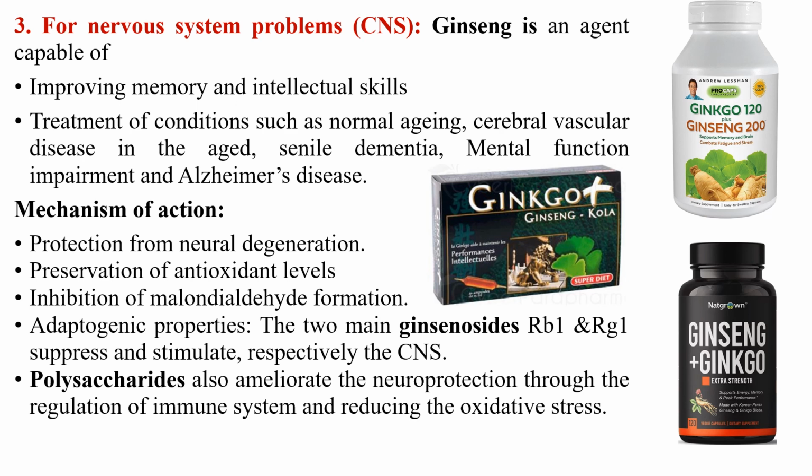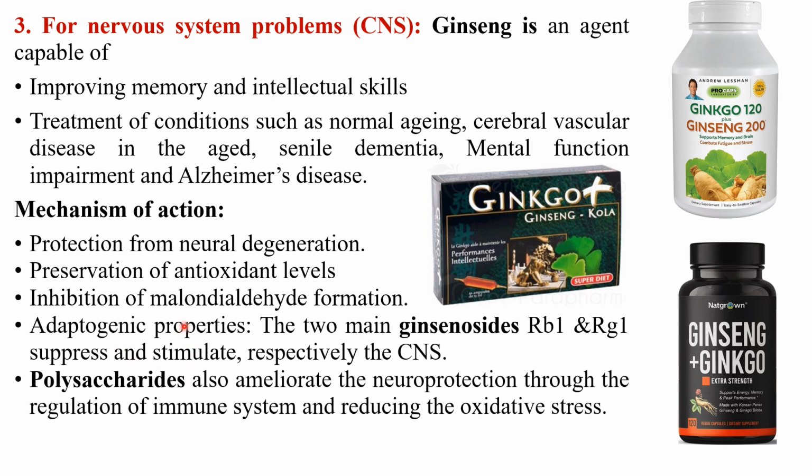There are several mechanisms of action responsible for such great activity of ginseng. For example, it protects from neural degeneration. It is used for preservation of the antioxidant level due to its powerful antioxidant effect. It is used also to inhibit the formation of malonaldehyde, which is a chemical used for predicting the incidence of Alzheimer's in some patients. Also because of its adaptogenic properties due to the ginsenosides, especially RG1 and RB1, it suppresses and